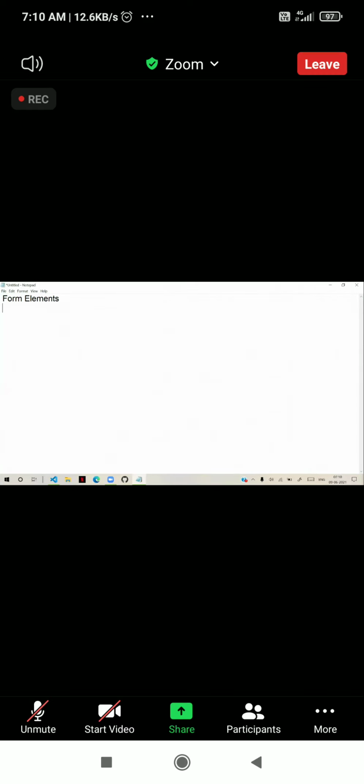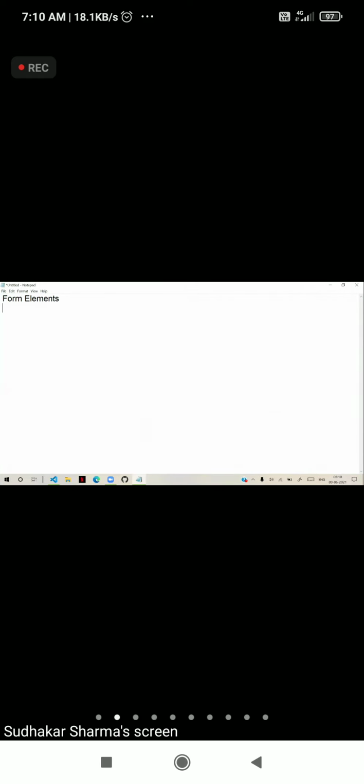So what are the options? What are the tags used for designing form elements? We have input, select, option, optgroup, datalist, textarea, meter, progress.